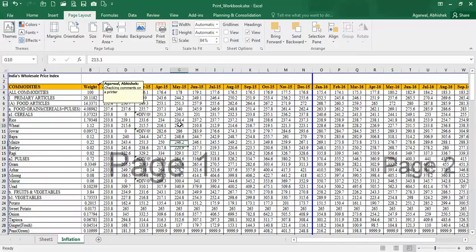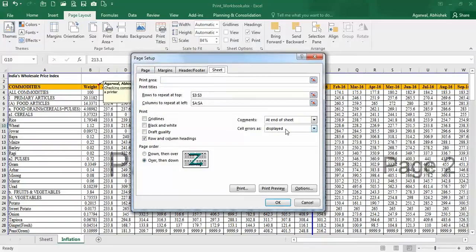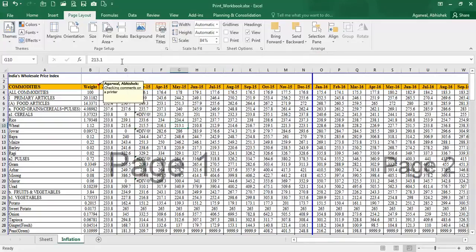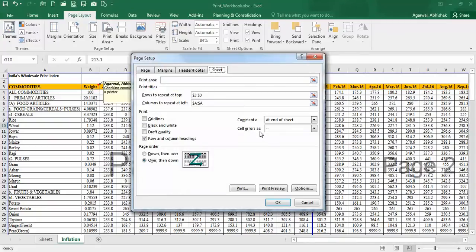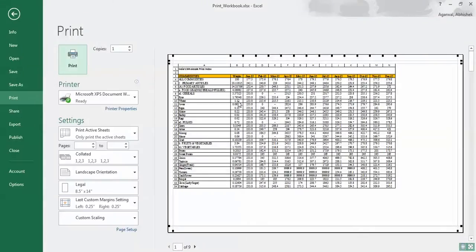What I will do is, I will again go to print titles. Now this is the option which is displayed for errors. So suppose I put a dash here and click OK. Let me just repeat it. In the cell errors sheet, I have put a dash here. Now if I take a print preview, so you can see